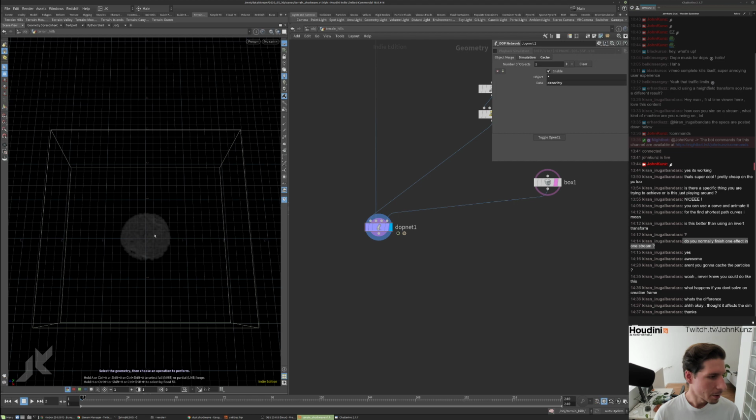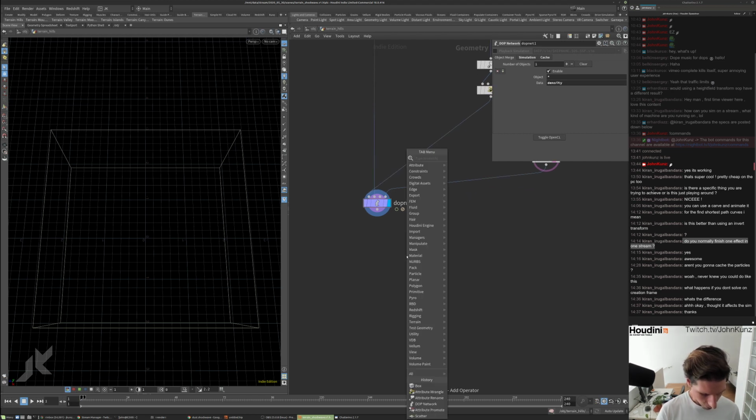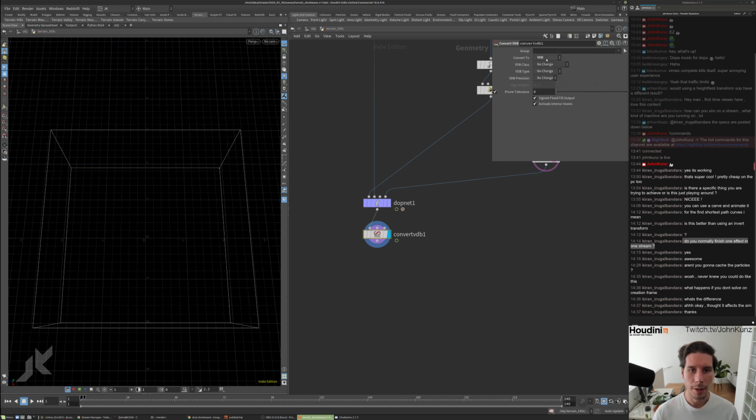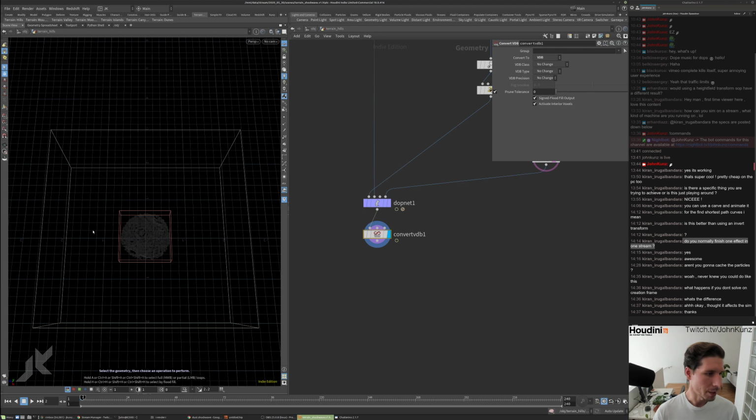Then if I go forward one frame, you can see it has density. And then I'm just going to do convert VDB. So this is just going to take the Houdini volume and make it into a sparse VDB, and that will just make it quicker for my graphics card to display things, because it's less information to try to display a